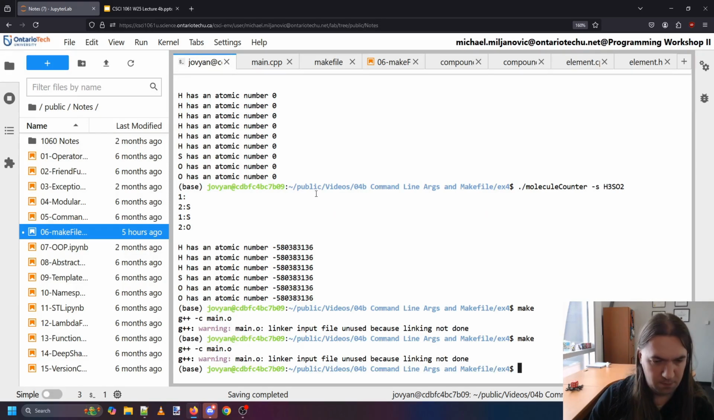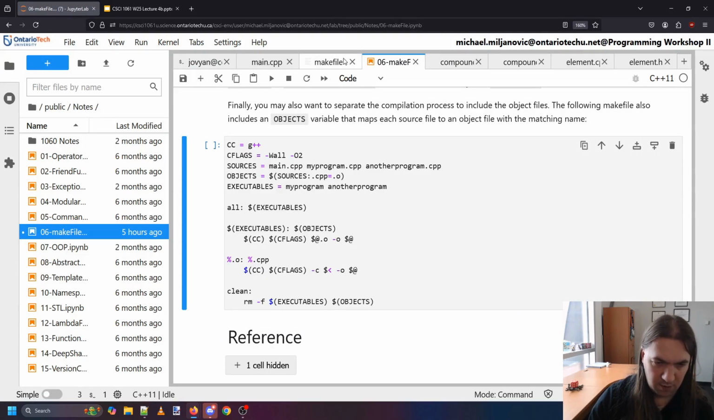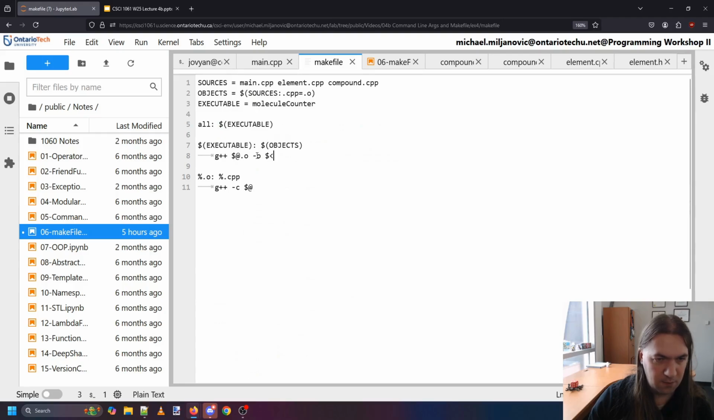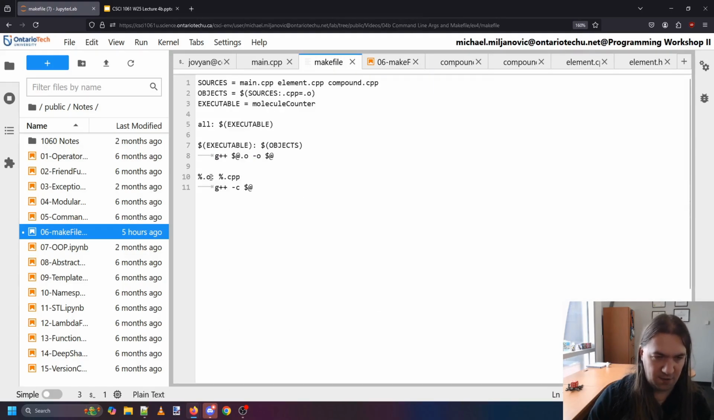Let me see here. Main.o. Linking not done. Okay, so it's not linking it together, and that's because I think I wrote this slightly wrong. So my executables need to take my objects, so like this. And then to build my CPP files, I combine, oh yeah, so here's I think my problem